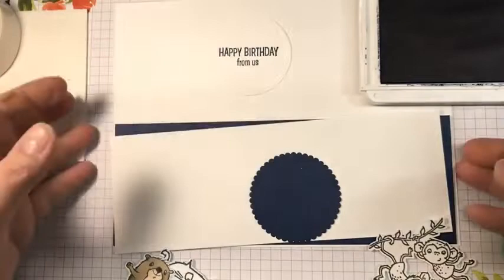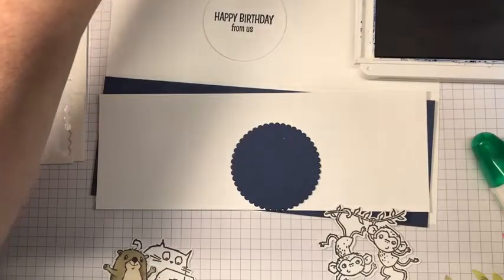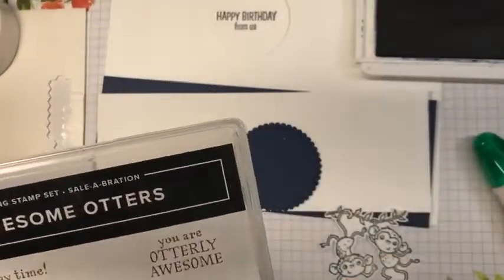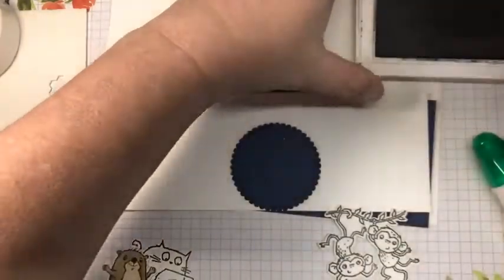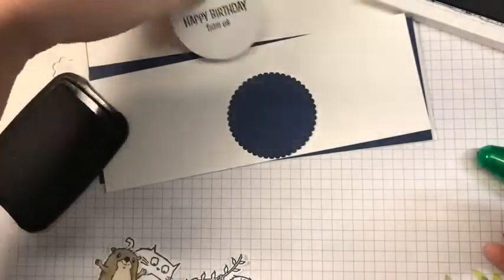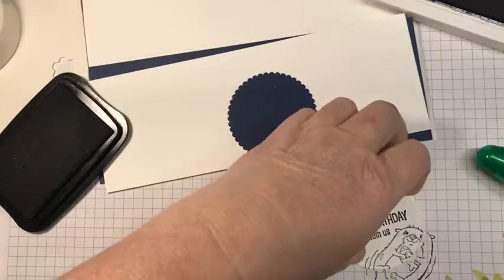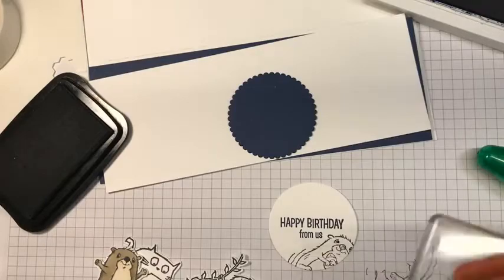And then we'll, and I'm thinking though, let's see, who else have I got in here that I haven't actually used? I wonder if I should take my otter. Is he already mounted? Did I stamp otters? I didn't, but I don't think he's in there. Yeah, he's here. Because I was, oh gosh, not in Navy. Not in Navy. Let's go here. And, where can I do this where you guys can see it? I'll go here, and then we'll just put him here where you can see just a little bit of his little face here. There. See? And so he's going to be on the bottom of the card there. I think that there's a little bit of a hair there, but when we color him, I think that will...